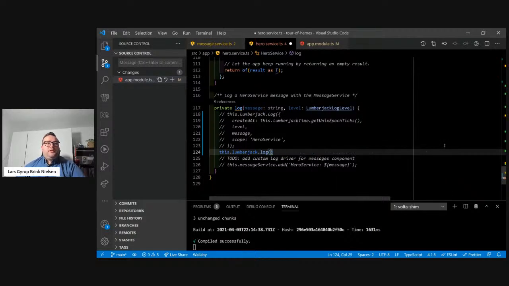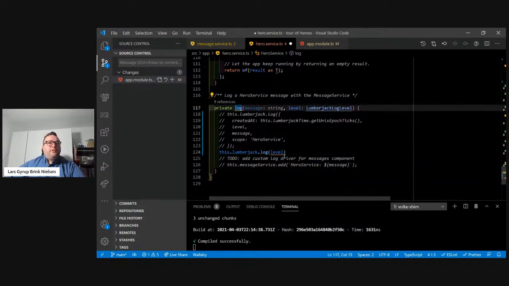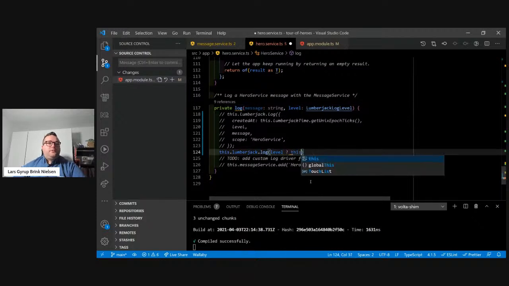I guess then it would be, but yeah, it's not a good fit for this use case because this is such a generic logging method. But in principle, you could do this just to